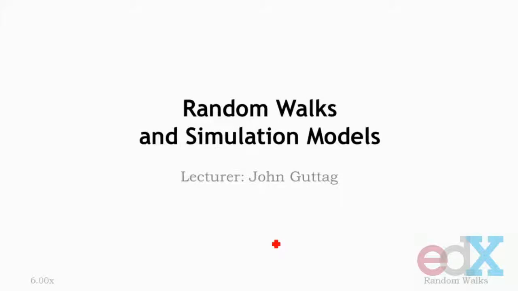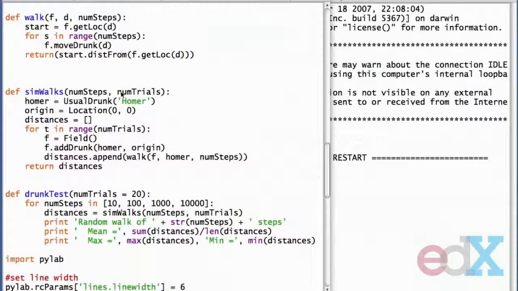I don't know about you guys out there in 600X land, but I confess that I'm getting a little tired of the warm-up and ready to build and run a simulation. So let's do that. If we look over here in the IDLE window, we'll see that we've got 3 functions. They fit nicely on the screen, and that will actually be sufficient to run the simulation. I want to go over each of them in a little bit of detail, and we'll do that over here